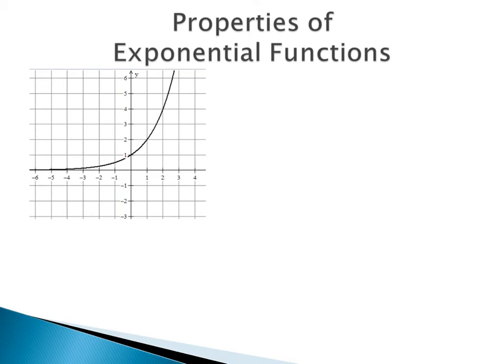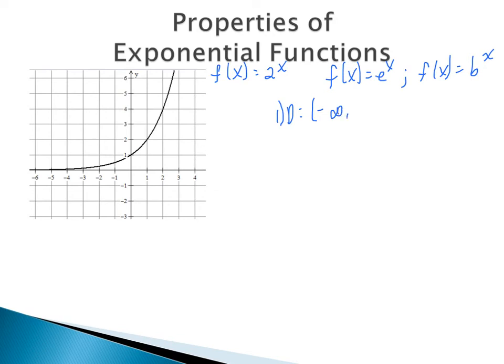Finally, I just wanted to mention some properties of exponential functions. So this will be true for all of our exponential functions. The function that you see in this graph here is f of x equals 2 to the x, but all of these properties will be true for f of x equals e to the x, or more generally, f of x equals b to the x. First, as we saw from really the definition, is that the domain of this function would just be -infinity to +infinity, because as long as we just have an x in the exponent, we can plug in any value, and negative exponent means that we would turn it into a fraction, like we saw with part B from the last problem.